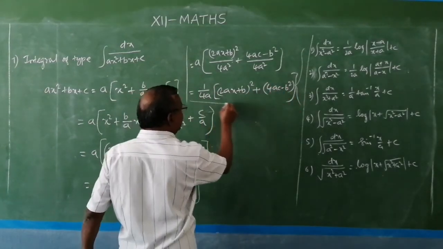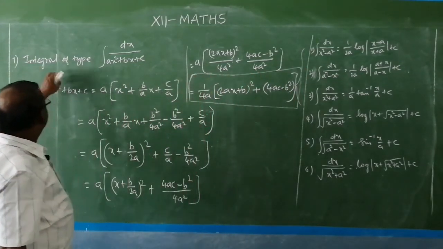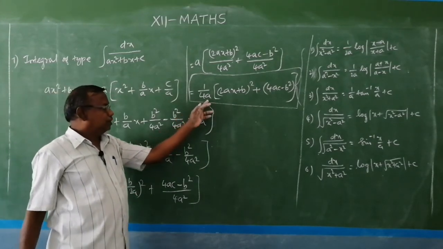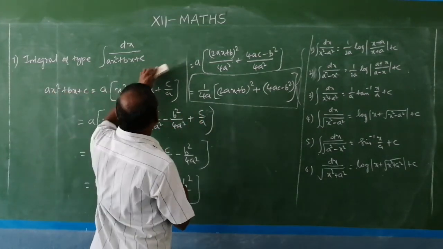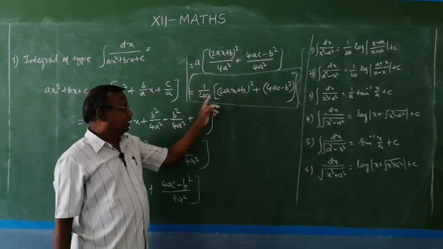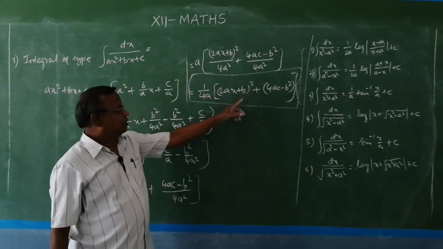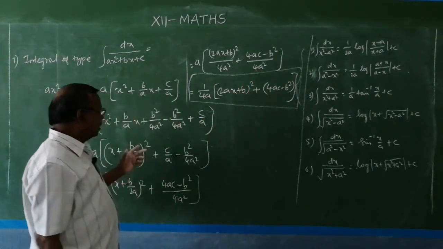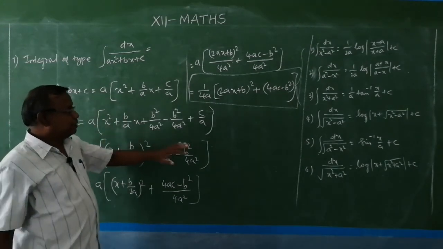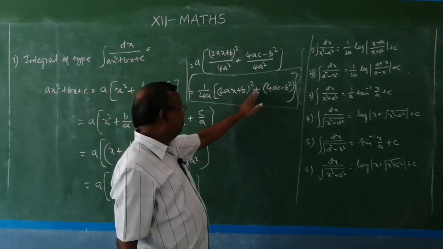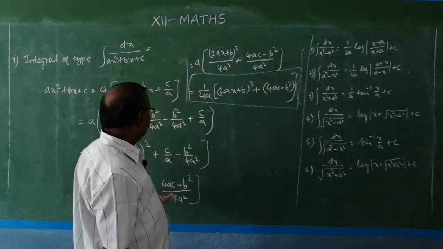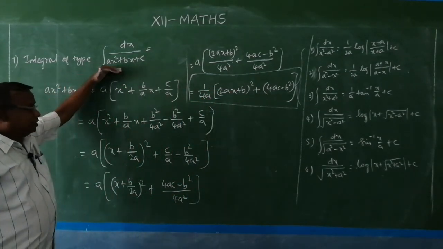So this is the formula for rearranging this type. Either you apply these techniques or directly you use the formula. So for any integral whose denominator is a quadratic expression, either you can use the formula 1 by 4a into 2ax plus b the whole square plus 4ac minus b square, or otherwise you have to simplify this. But based on the sign of the x square, this may vary. So either you can get plus or minus here, or even for the x term you may be getting either plus or minus based on the given quadratic equation.